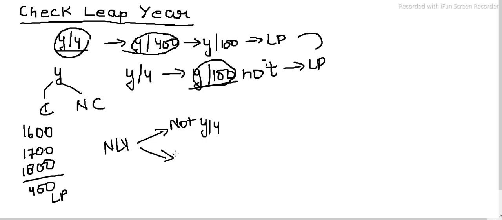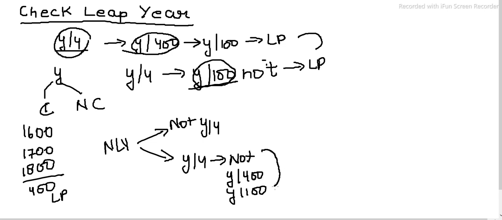But what happens when a year is divisible by 4 but not by 400 and by 100? Then also it is termed as a non-leap year. Why is it so? Because in this case the century years came into existence, and here it's a normal year and also the century years. Okay, so I hope you understand the basic concept.